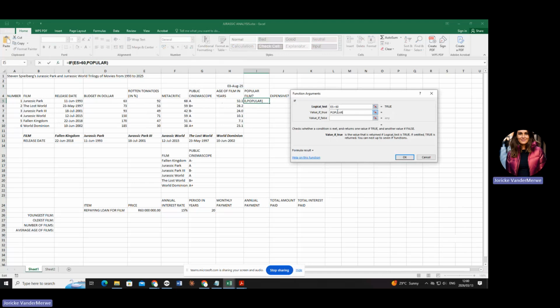Popular. Otherwise, it must be what? Not at all. Okay? Remember, you don't have to put the inverted commas in an if for a number, but if that is a text, a name, then that must be put in inverted commas. So let's say this was equals to a name. Let's say red or whatever. Then you have to manually do that. But because it's only a number, you can do it like this. Are you with me?